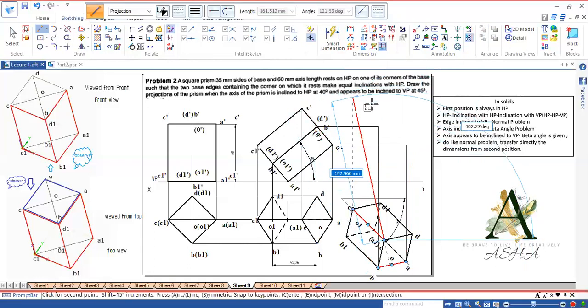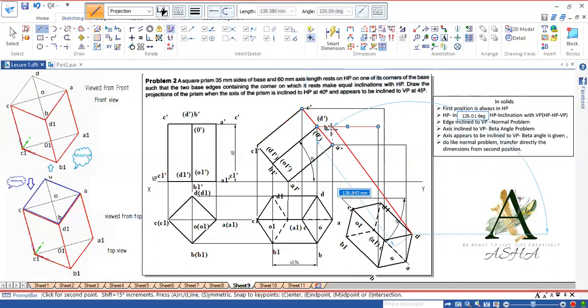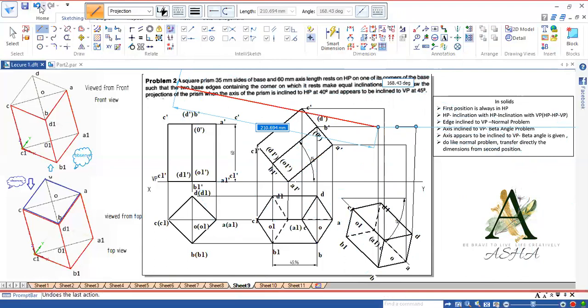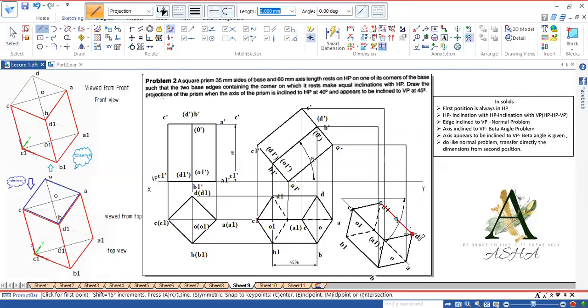C dash. And D dash. So project D onto D dash.